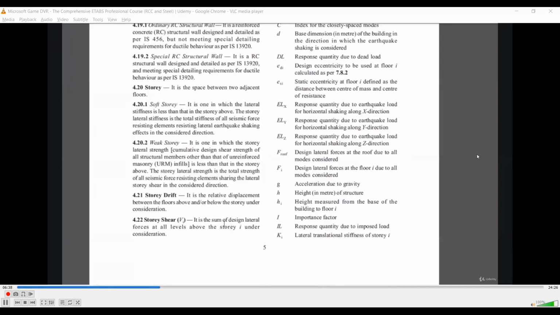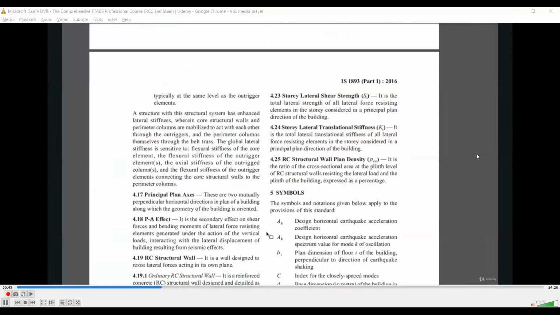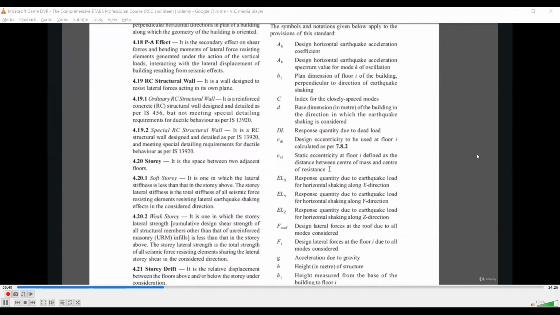After that, story shear: it is the sum of design lateral forces at all levels above the story i under consideration. After that, story lateral shear strength, story lateral translational stiffness, and RC structural wall plan density. These are the parameters that the code has provided us with definitions.